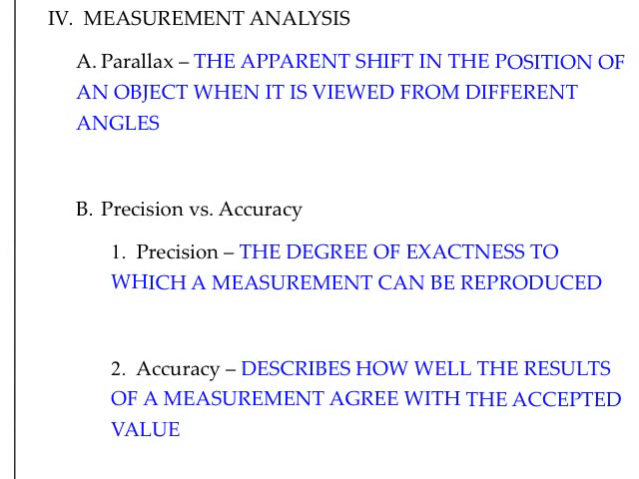Our second section today is measurement analysis. I've got a few vocabulary terms here for you. If I do go too quickly, remember that you can always pause the video if you need more time. The first term, parallax, is the apparent shift in the position of an object when it is viewed from various